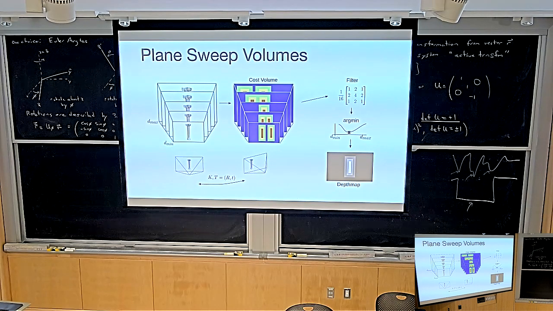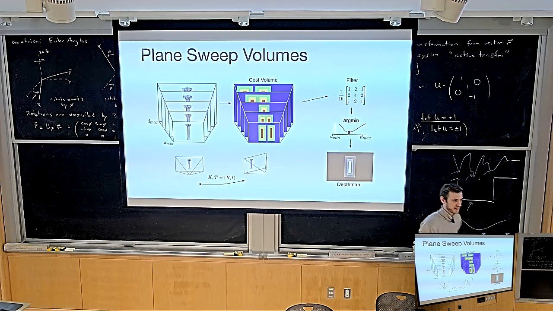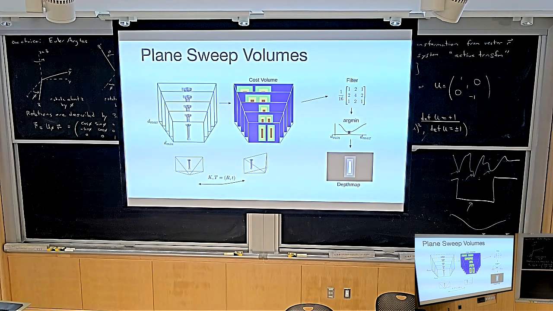So the original plane sweep stereo algorithm proposed that we not take this cost naively. Let's just smooth it. We're just going to apply a filter, like a moving average filter. So maybe the moving average filter will make it look smoother, and that's good. That's one way of doing it. Let me just think if we're going to talk about this again later. No, I think that was the right time to talk about it.